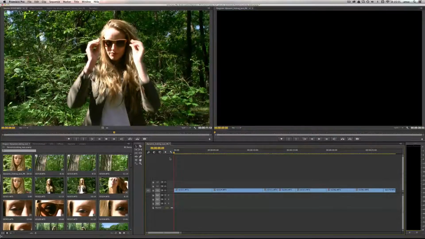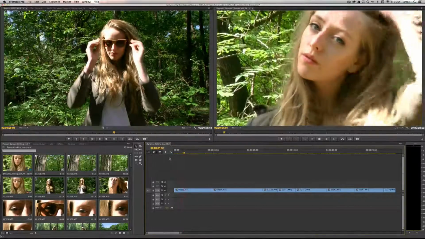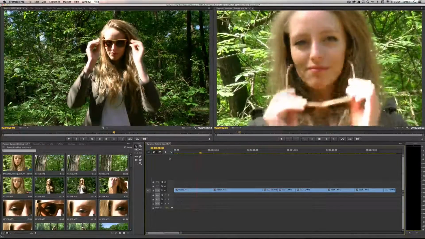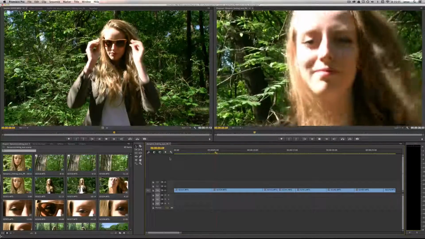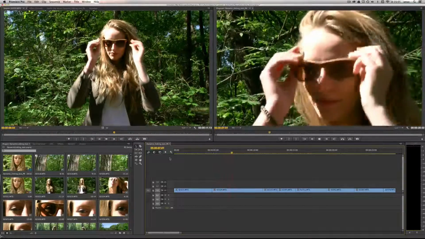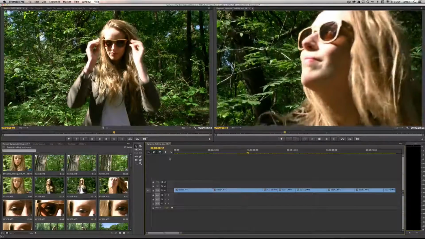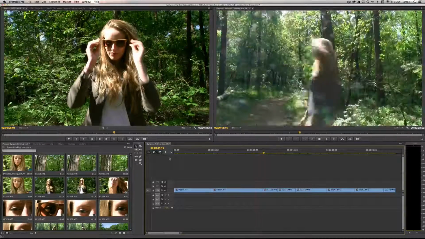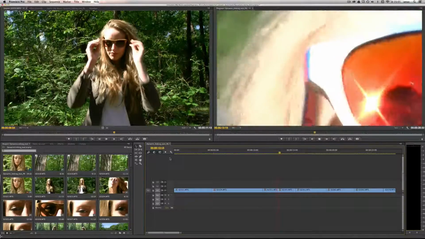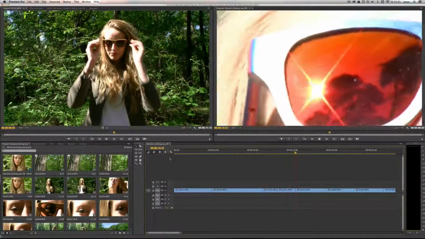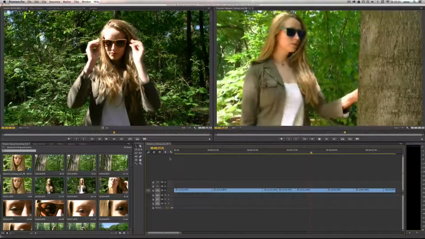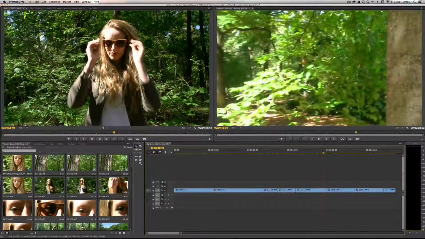And the beauty of Premiere Pro obviously is that you can walk real time through all these clips. You can see exactly the things that you shot, you can see the transitions, you can see where a clip starts, where a clip ends, and obviously you can edit everything in the way you want it. You can do color correction, you can do almost everything, but one of the best things about After Effects is